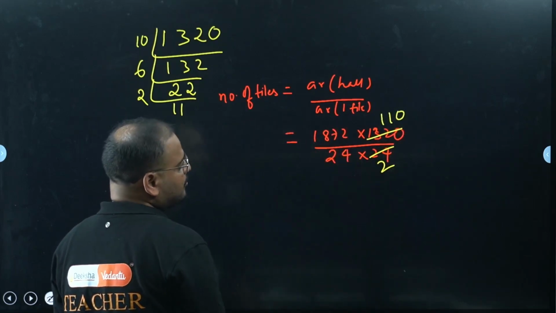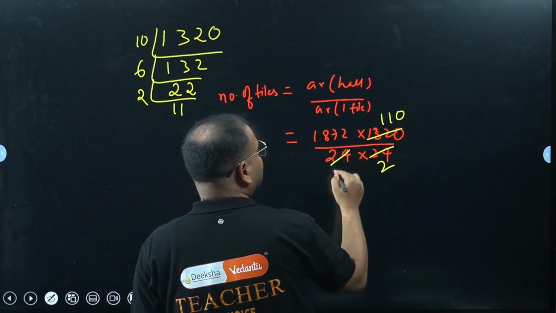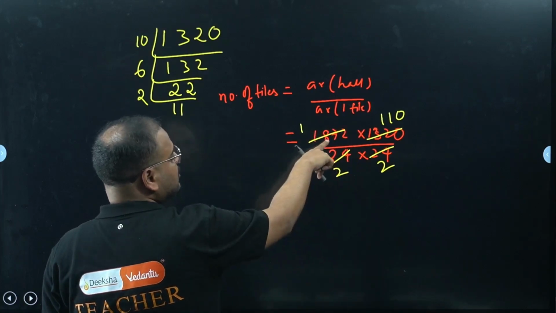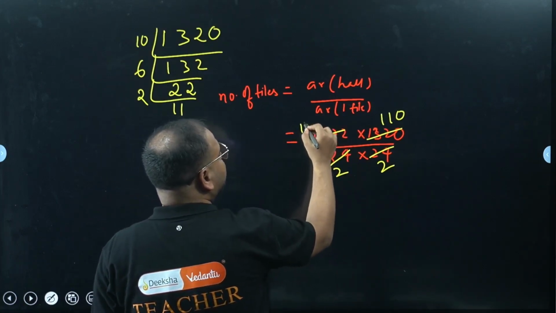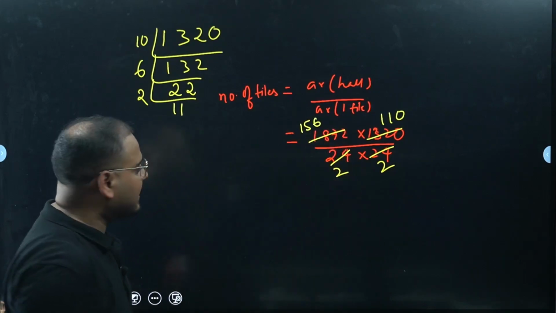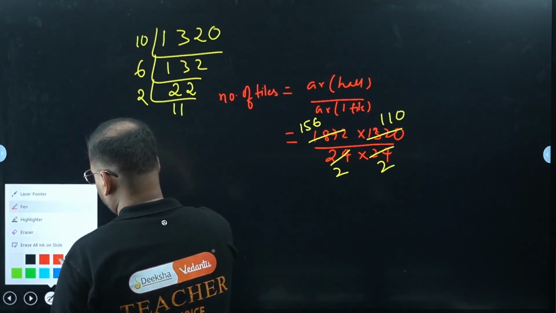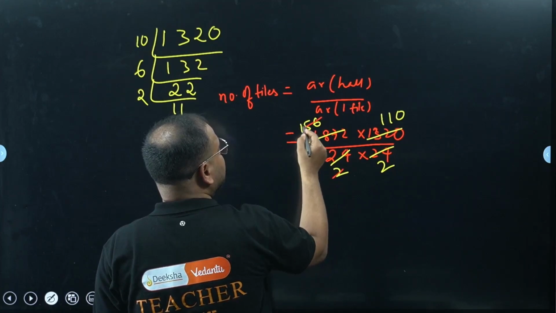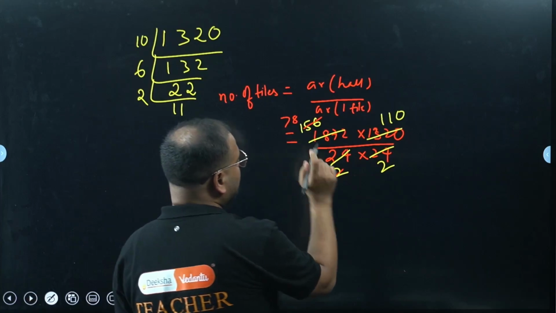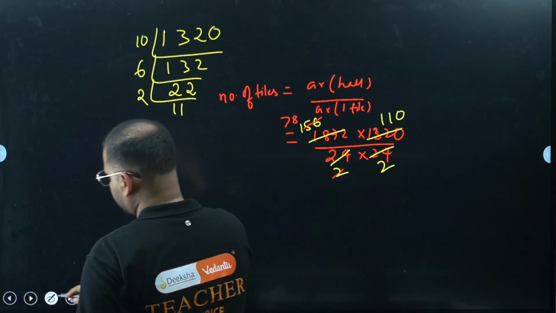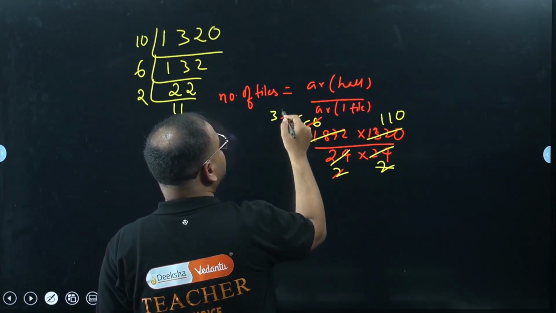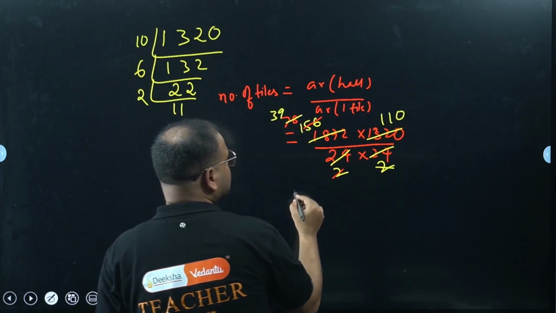12 times 1 is 12. Again 1 is left. Correct. 12 times 2 is here. 12 times 1, then 6 is left. 156. Yes. Okay. Cancel once more. 2 times this will be 78. 2 sevens are 14 and 1 is 16, so 78. And this also will give me 2 times this will be 39. What is my final answer?